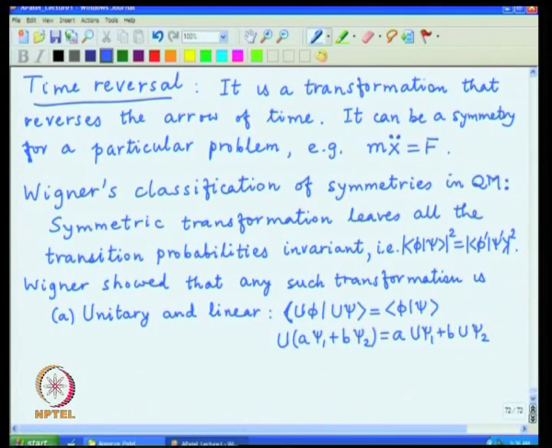The translation, rotation, etc., they all correspond to changing a basis by certain unitary transformation,